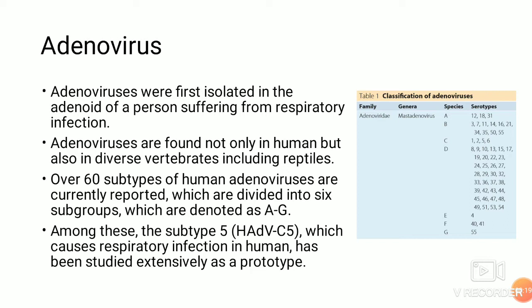First, coming to adenovirus, it was the first tumor virus to be isolated from humans, and it's used as a model for tumorigenesis, but it never causes tumors in humans.